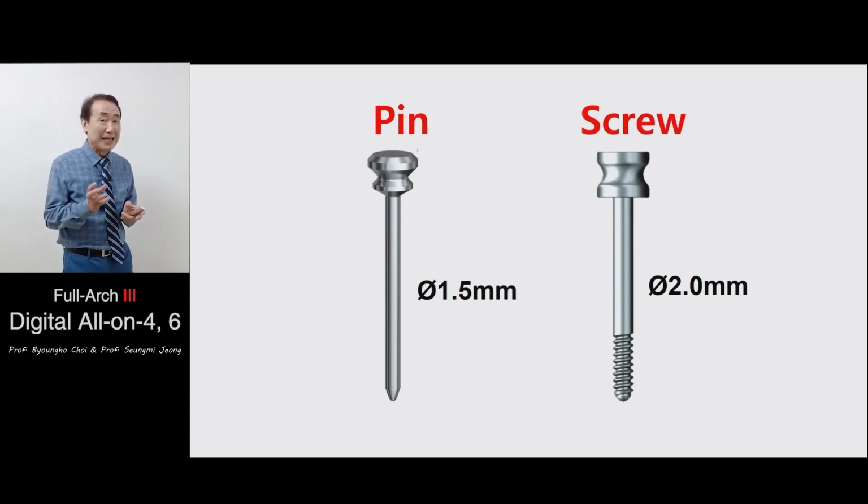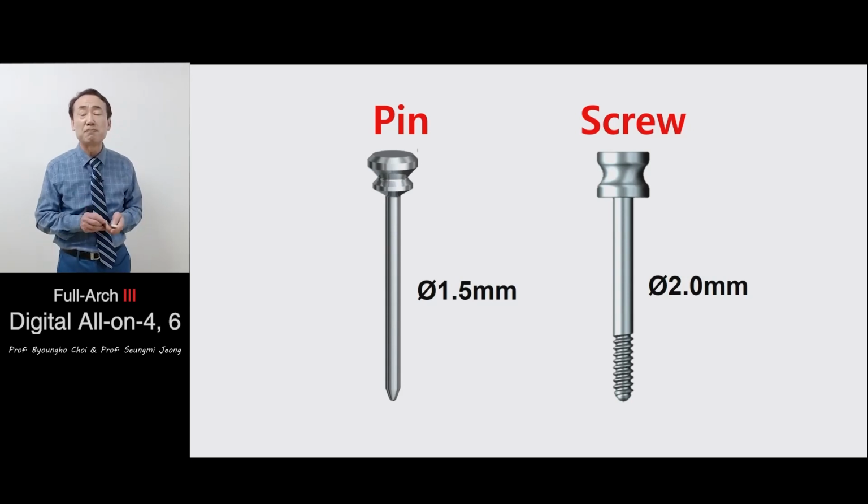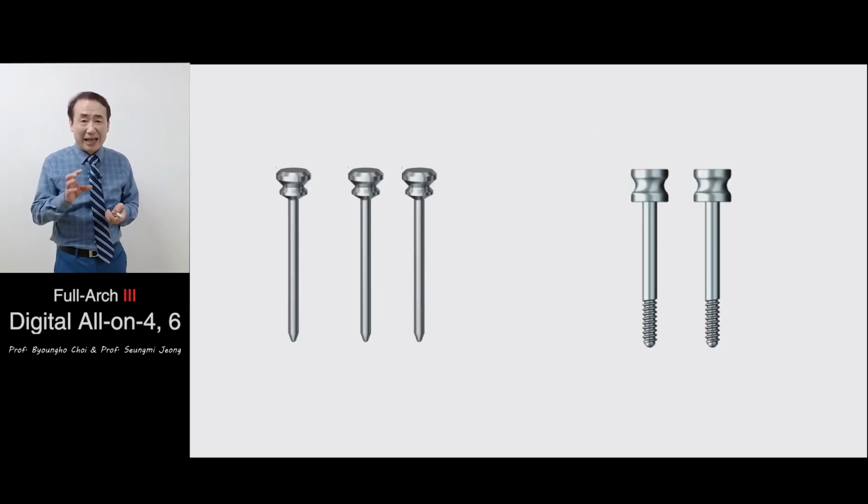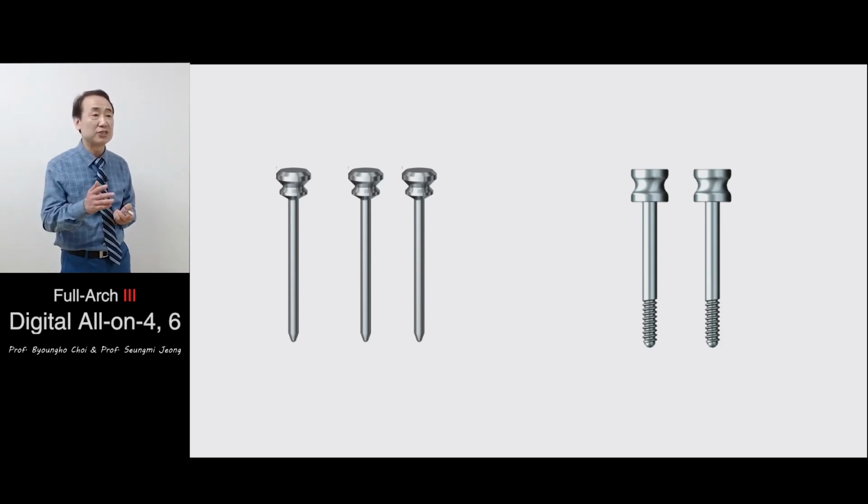You see here an anchor pin and an anchor screw. If you use an anchor pin, you can push it manually into a hole in the bone. The anchor screw has a screw thread. Therefore, you need to drill it into the bone. The anchor screw has a stronger holding force than the anchor pins. Therefore, if you use the anchor screw, you just need 2. But if you use the anchor pins, you need 3.